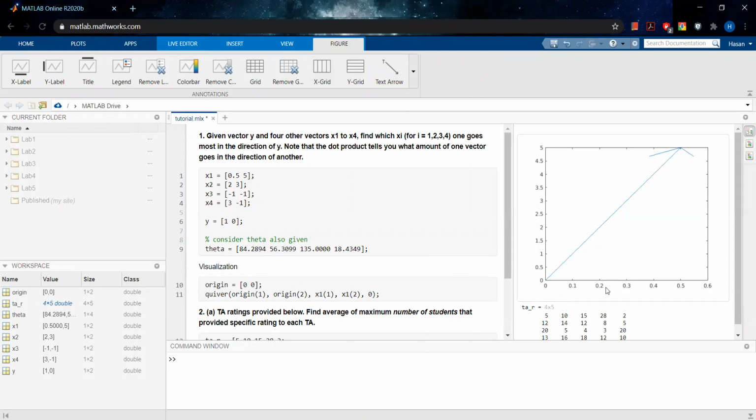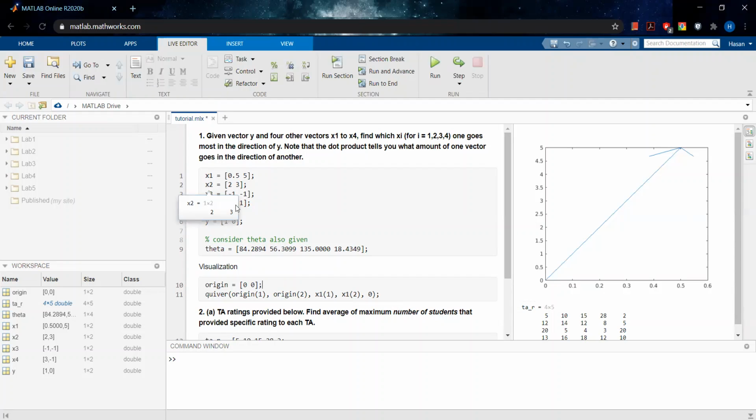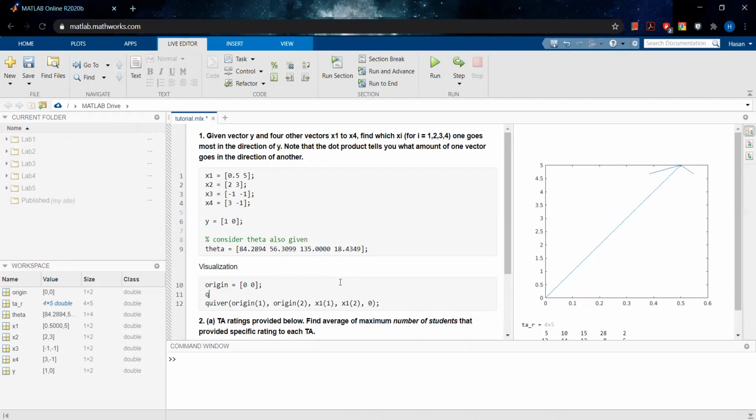And I see this 0.5 and 5. So this is a vector visualization in the 2D plane. And I have plotted x1. And let me plot everything together. So I can just begin with y, origin,